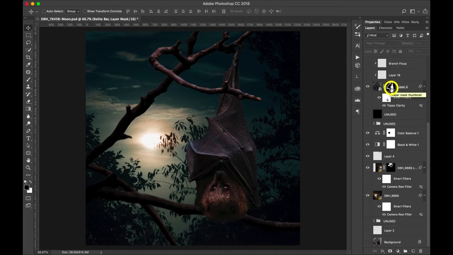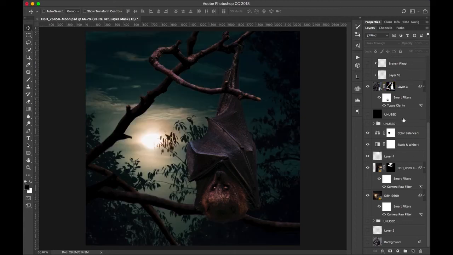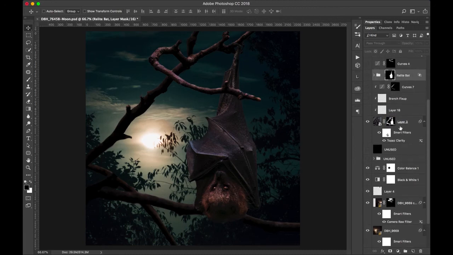And if we disable the layer mask here, we can see that the bat was shot with a very uninteresting background. Right? This bat is in captivity, so it's being captured in a place that had real tree branches, but not a natural outdoor setting for the background. So that's why I wanted to do a background replacement. There it is. Then there's a few fix-ups to the bat,